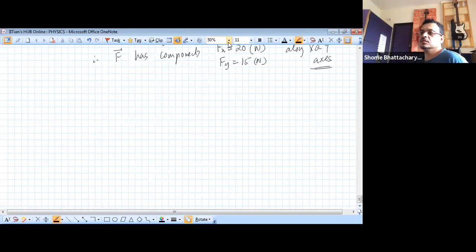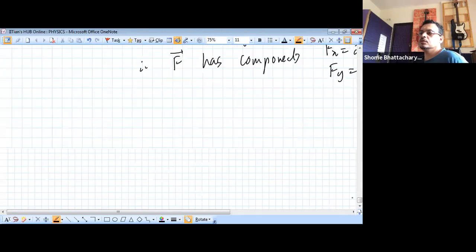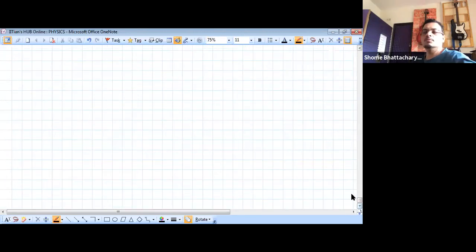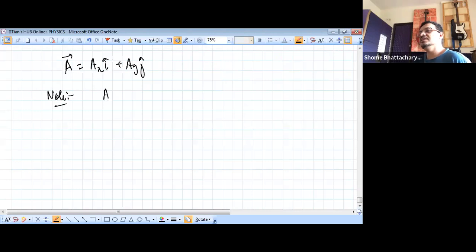Okay, people. So this is clear. Now let's understand a little bit more about the relationship between the components and the vector. So when we express the vector as Ax i cap plus Ay j cap, here let's understand the quantity Ax into i cap. The quantity Ax into i cap